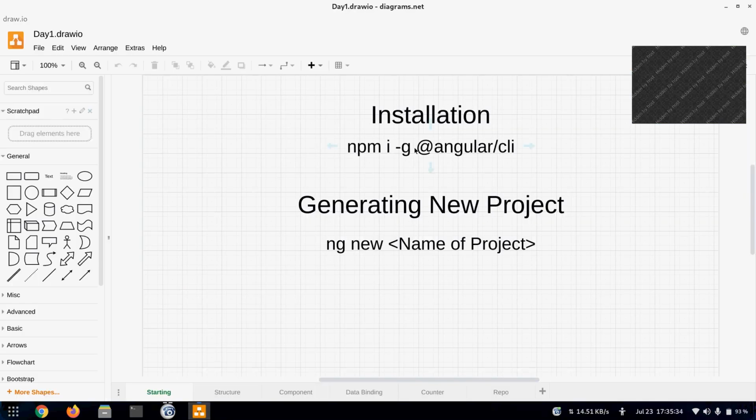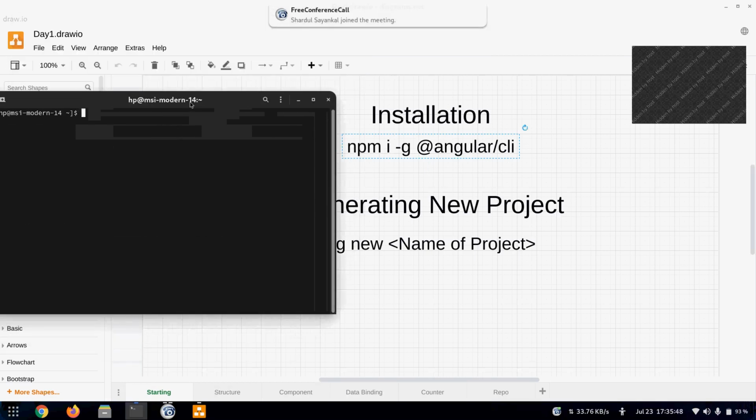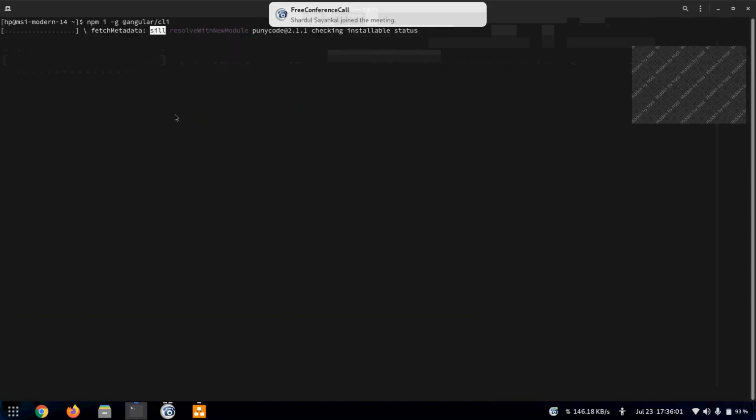Okay, so we'll begin by installation of Angular. So here is the command for that. First we'll open up a terminal. We'll enter this command.